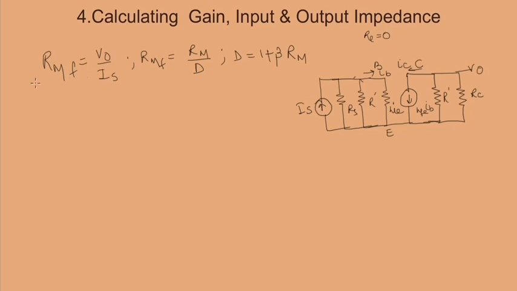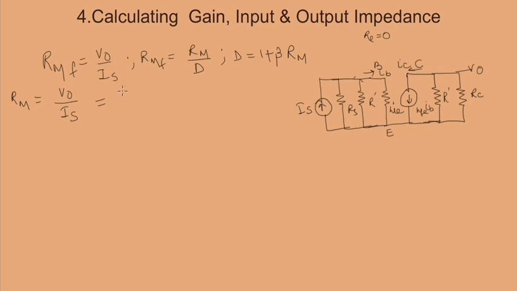So we'll start with the calculation of Rm. Rm, as written in the above line, will be V out by Is. Now you can ask why Rm is V out by Is and RMF also is V out by Is. Well, up to the calculation of the gain parameter, we take this circuit, which is taken removing the feedback and taking the load of the feedback into account. Once we are through with this calculation of the gain parameter, then we again consider the feedback and we take the beta value, we calculate D, and then Rm becomes RMF. Okay, so Rm is V out by Is.